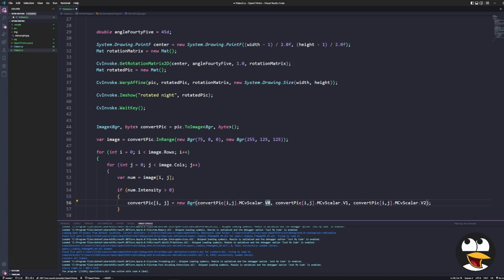But let's change it. Let's do some manipulation. In our blue value, let's subtract 50, just kind of making up numbers. In the green value, let's subtract 50, and let's say we wanted to make it extra red or purple or whatever, so let's increase the red bit by 100. What that's going to do is take the value that was in there, for instance the blue bit minus 50 off of it, the green bit minus 50, the red bit plus 100. And I think it's worth noting that